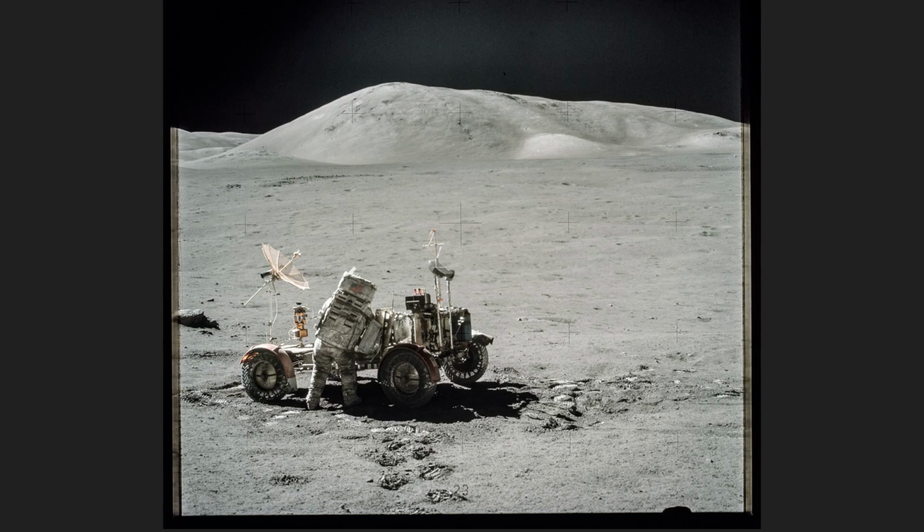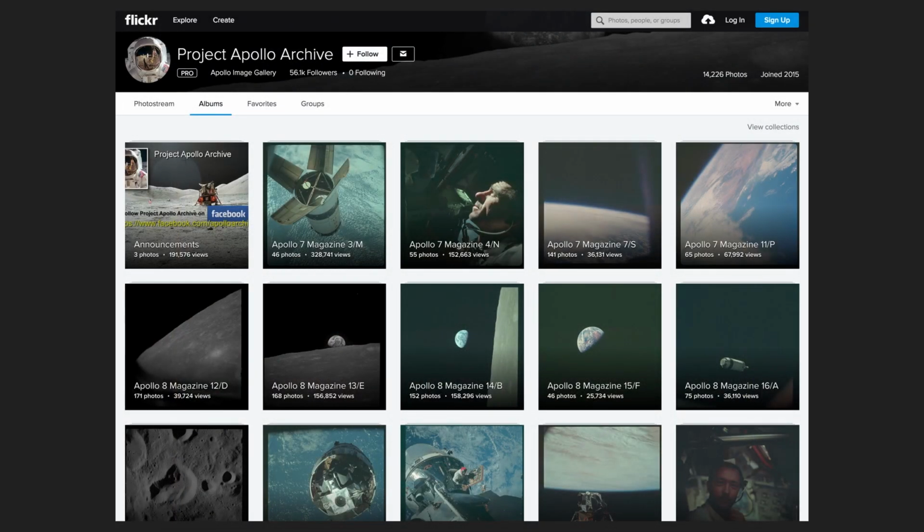This is Jack Schmitt on Apollo 17 getting something out of the lunar roving vehicle. To try to understand the scale of this, you have to go look at the Flickr archive that Kip Teague assembled and put there in 2015. And he scraped from all over the place different image sources and collected it finally all together in one place. And it's all unprocessed here on Flickr, and it's really something to check out.